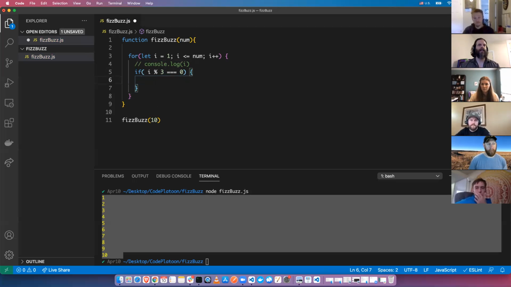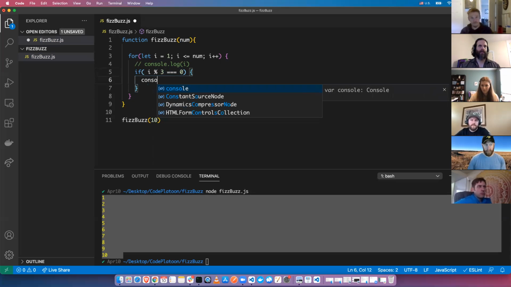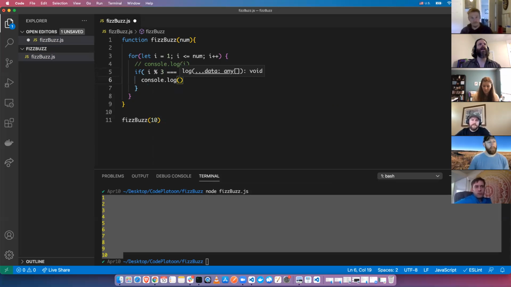Okay, so what should we do in this case? Would it be if else or else if now? Else if, the same thing, right, with modulus 5. But before we move on to the next conditional, what should we do if this condition is true? Should we console.log FizzBuzz or? Yeah, console.log fizz. Okay. So let's go ahead and